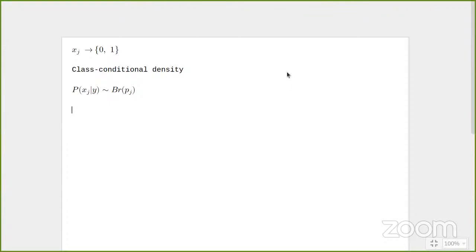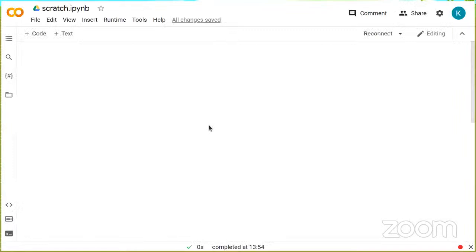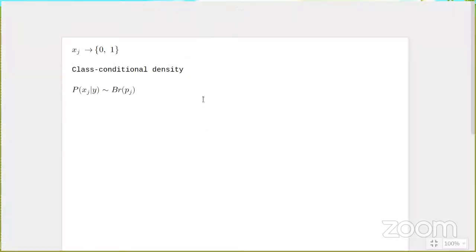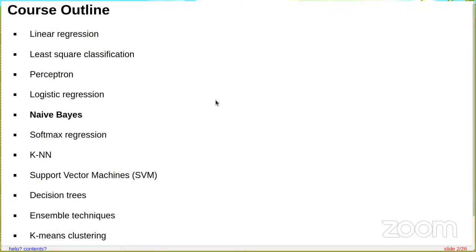We have slightly more participants, so we have a quorum to start the session. In case we finish early, we can discuss other things as well. The plan was Gaussian Naive Bayes, because we did multinomial Naive Bayes the other day, and Bernoulli Naive Bayes and categorical Naive Bayes are all very similar. The formula is similar, so we don't need to spend too much time there. Can we at the end discuss a few practice programming assignments? Yes, sure, we'll do that.